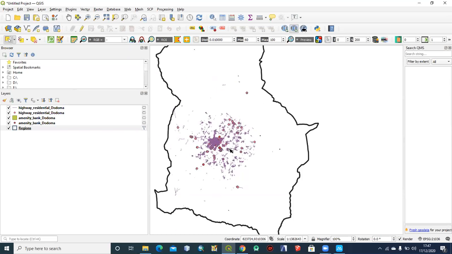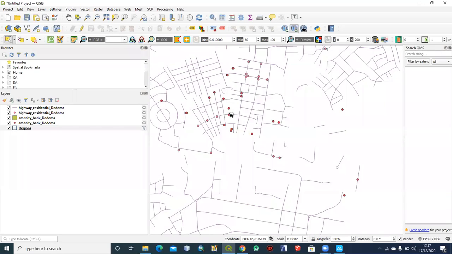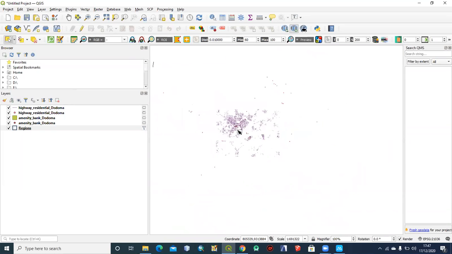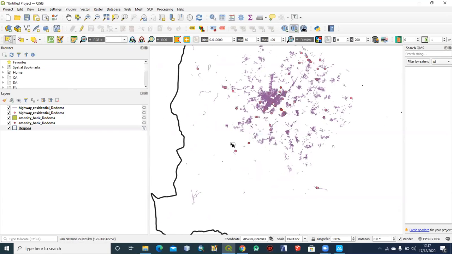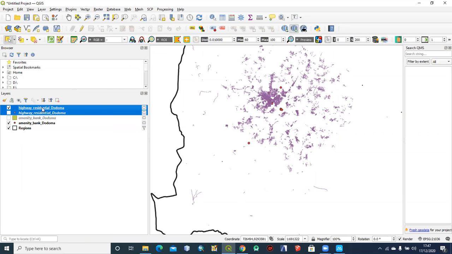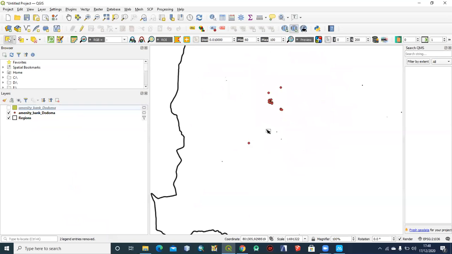But also you can label these features, which are banks, and remove this. Let us remain with